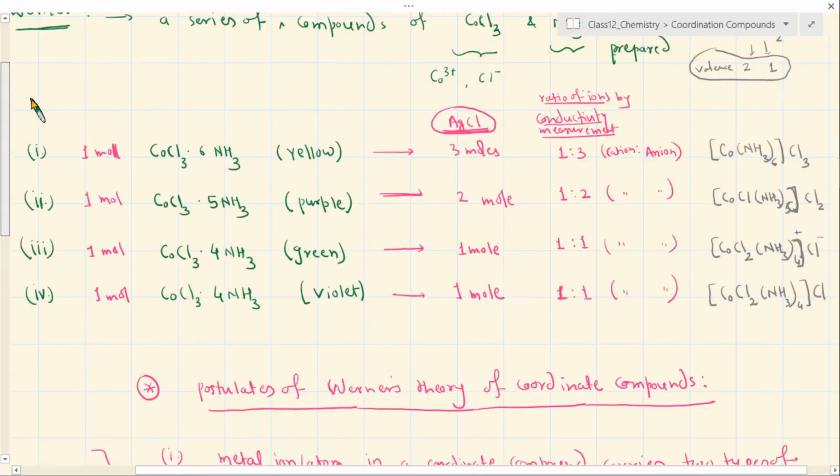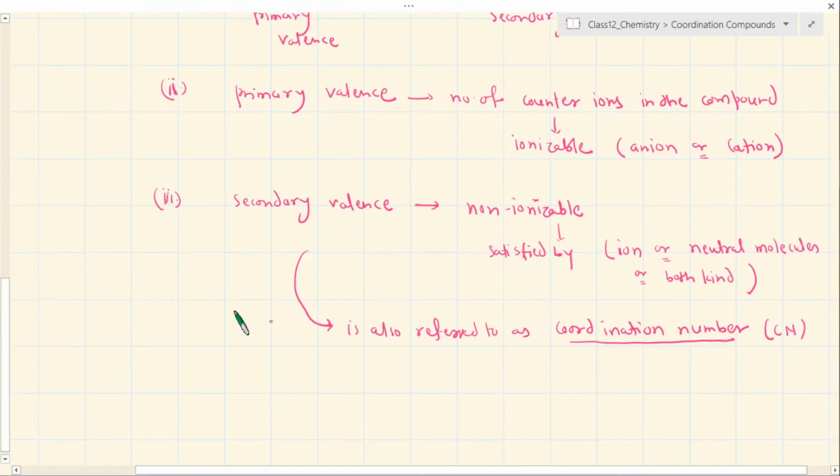So what is the coordination number here? You can see in all these compounds of cobalt, the coordination number is fixed, which is 6 here, 6 here, and 6 here. By the way, right now we are taking these groups or ions as forming only one coordination bond with the cobalt. But later we are going to discuss the nature of these groups, and there will be cases where even a single group will form multiple bonds. We will see that soon, so don't worry about that. So coordination number is simply the total number of secondary valences, or in general, the total number